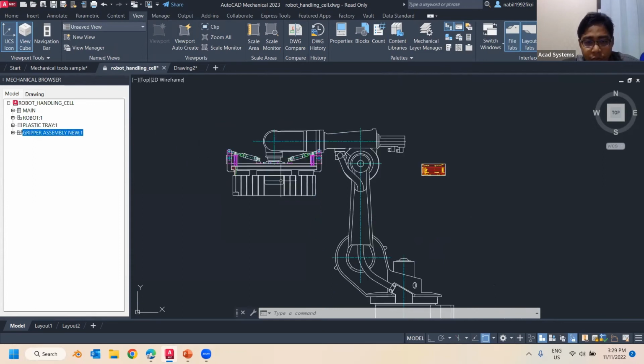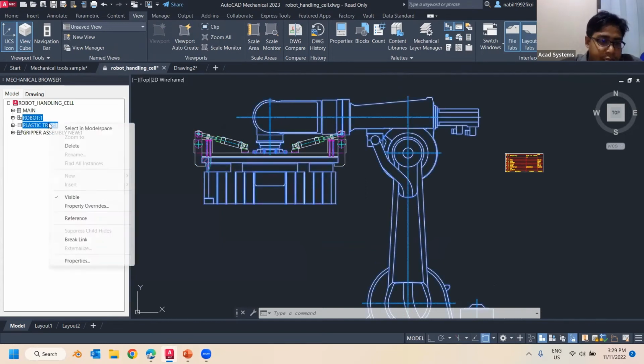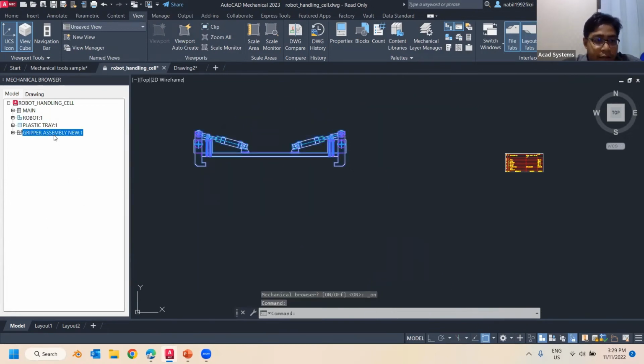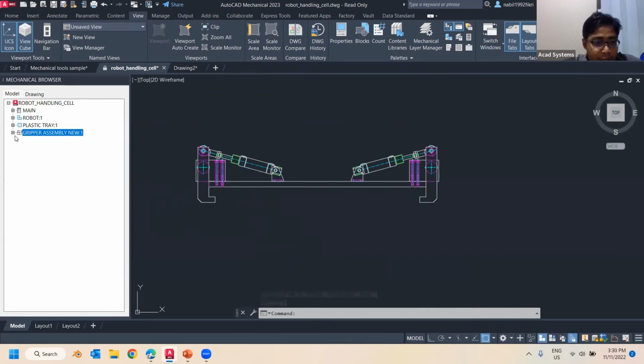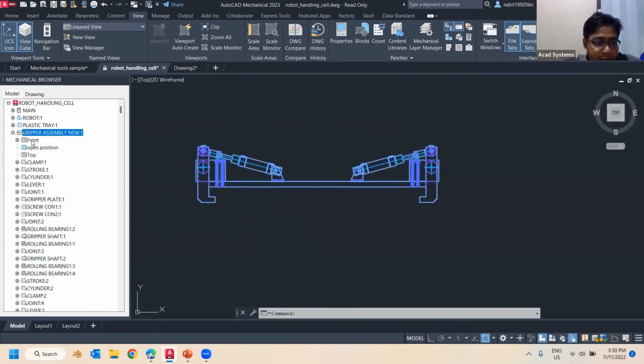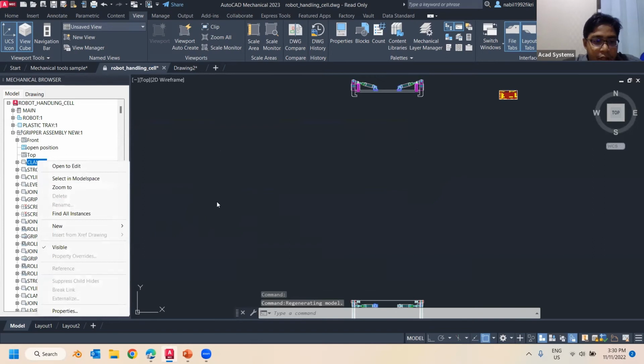Now, let's say I only want to see this gripper assembly. I don't want to see the robots and the plastic. So I can just click on these two, and then right click and turn off the visibility of both. I have this gripper assembly only shown. Now, if I drop down this gripper assembly, I have this clamp. Now you can see this highlight over here. So I can also zoom into it. So if I want to highlight the clamp,